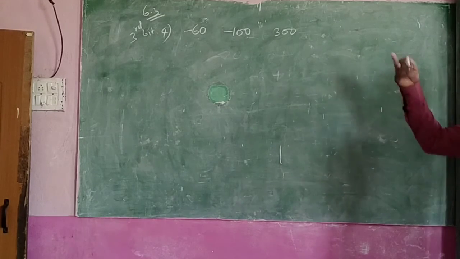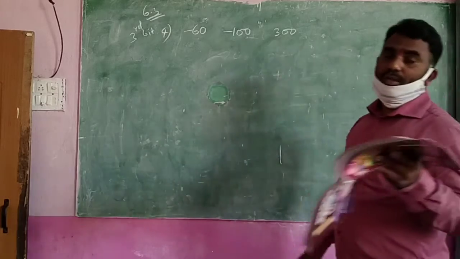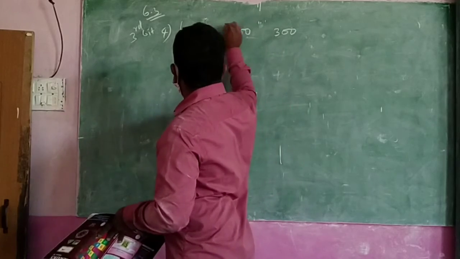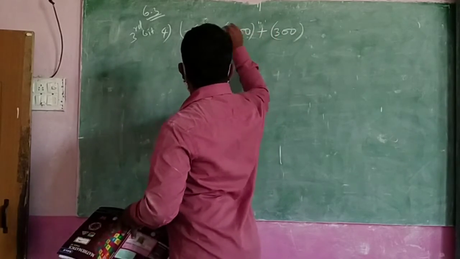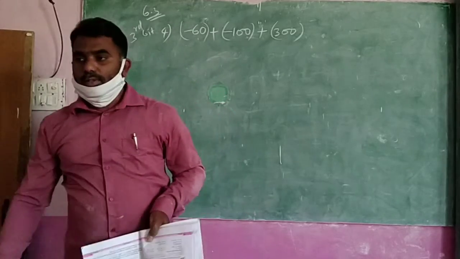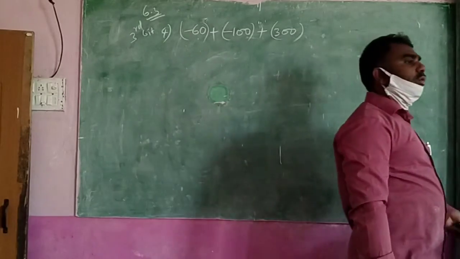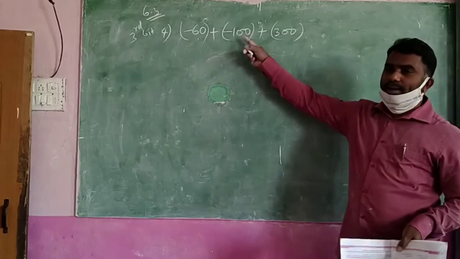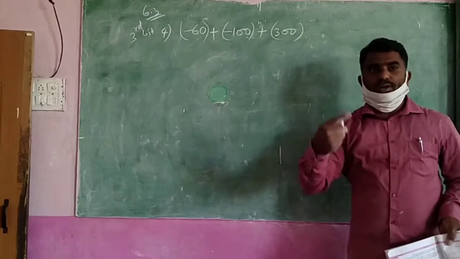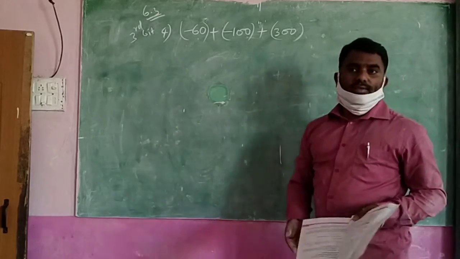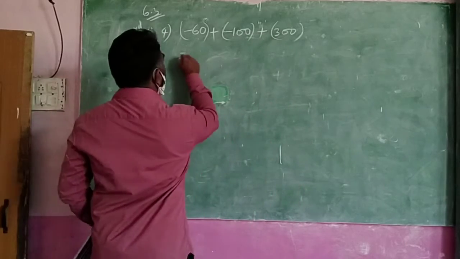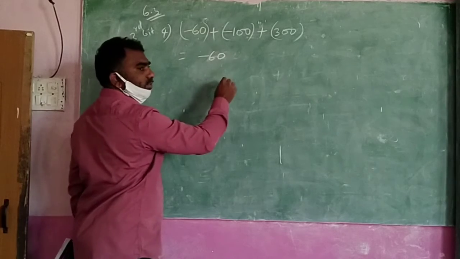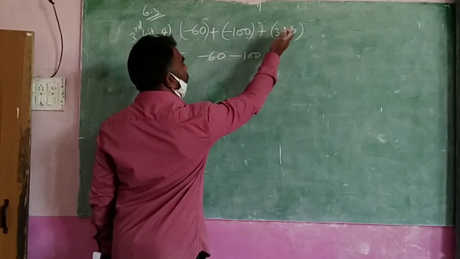Find the sum of these 3 numbers asked. Sum means you have to total, no? Yes. Means you have to first write like this. Keep the brackets, and keep plus in the middle. Sum of, he said, no? Sum of means what should we do? You have to add it. Add means I kept plus. Which numbers? First number, second number, third. Now you know the method. Same method, no? Yes. Right now, how do you write first? We will go to the bracket. Minus 60 plus and minus. Plus only, one symbol only is there.